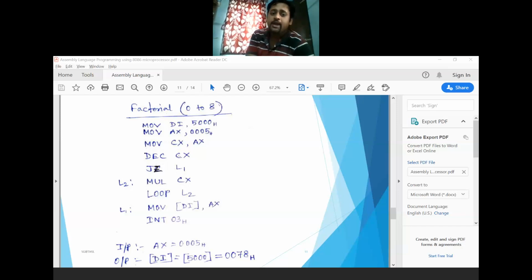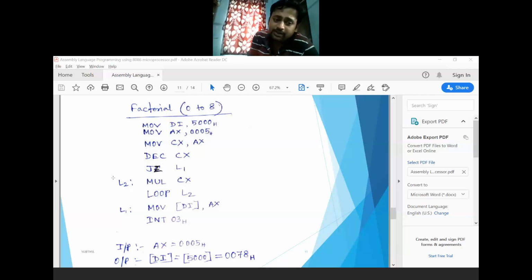Clear? And initially you have to check whether it is 0 or not. If it is 0, then you don't need to consider the further instruction execution, because something multiplied by 0 gets 0. So initially you have to check it. Then if it is not 0, only then you have to perform the multiplication. So after decrementing CX, you have to check whether it is 0 or not.